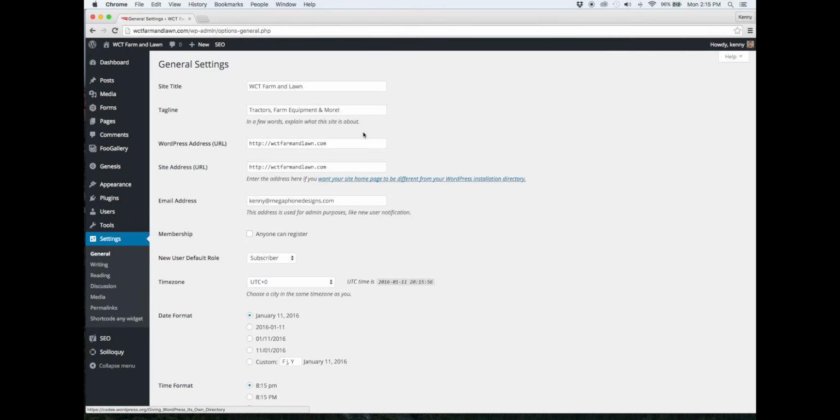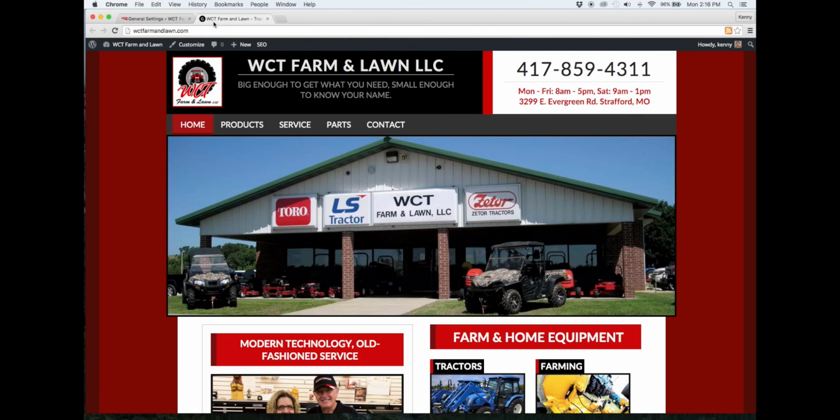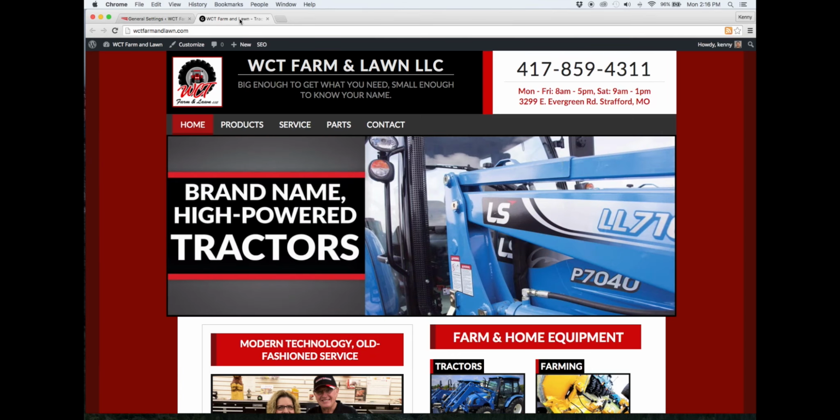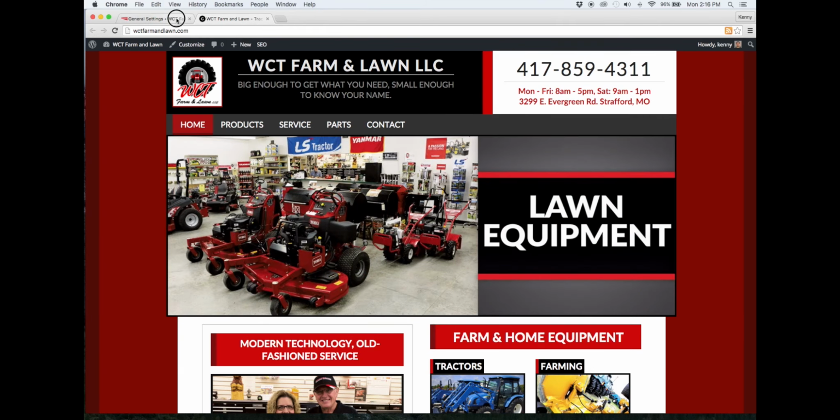In Settings, we have a General section, and it can control just a couple of things that would matter to you. WCT Farm and Lawn is the site title. The tagline is Tractors, Farm Equipment, and More. Those things appear on the tab at the top here, and if you stay hovering over it, then it should pop up with the whole thing. There we go. And it has the whole thing there,